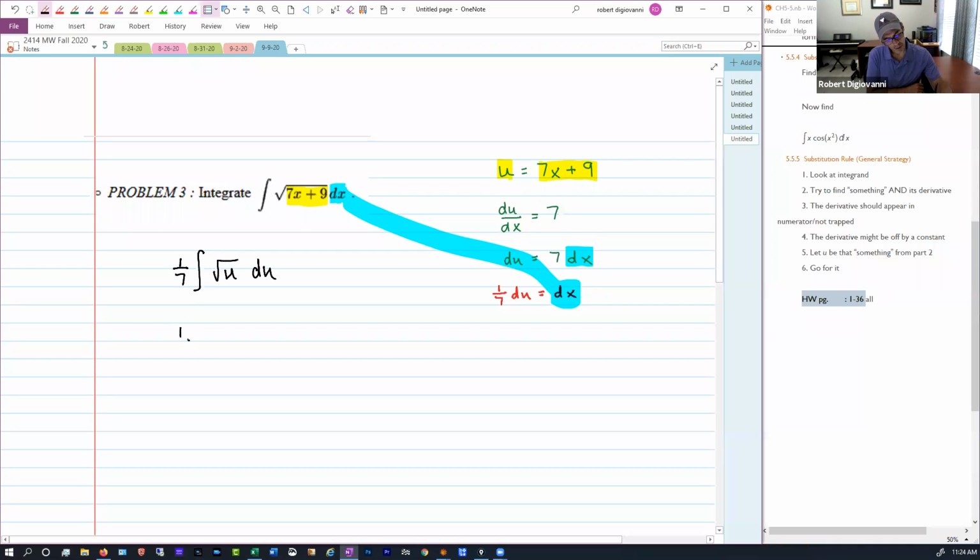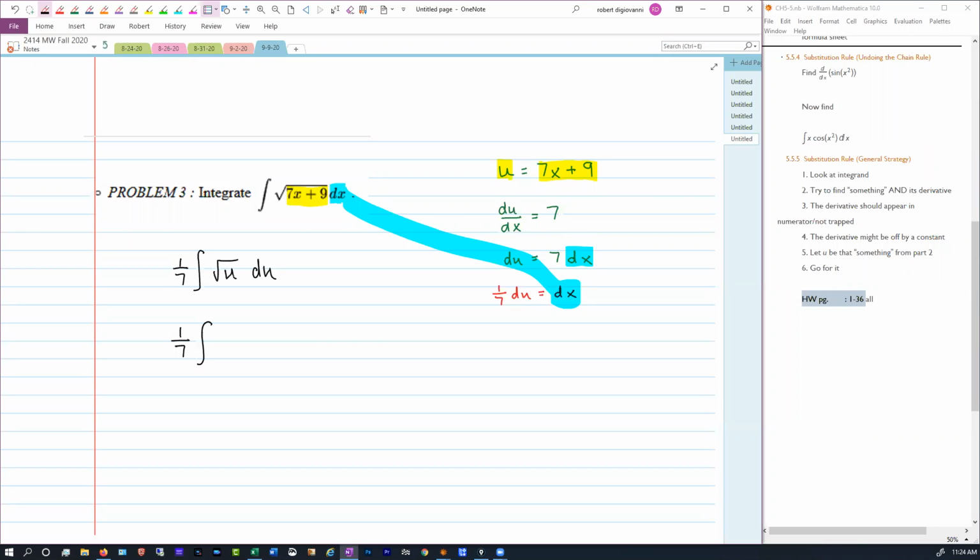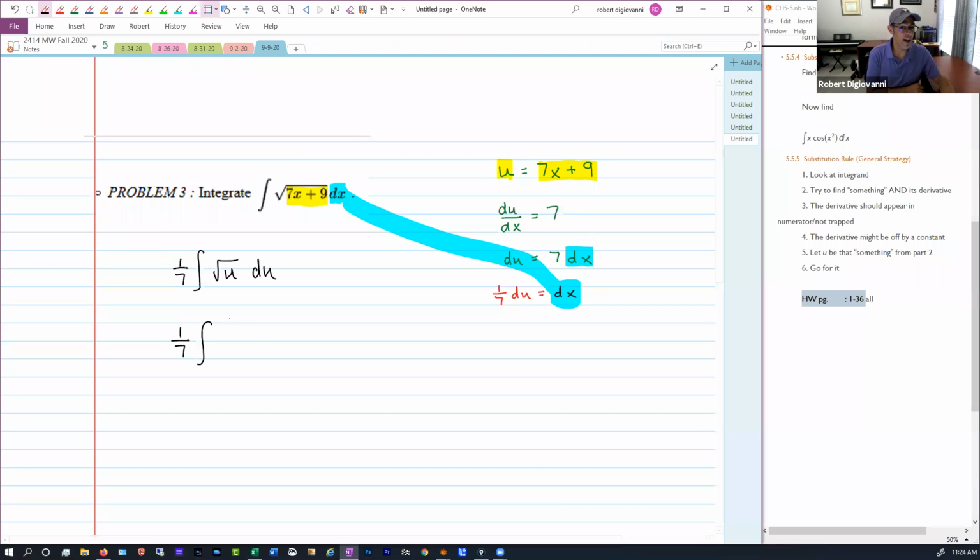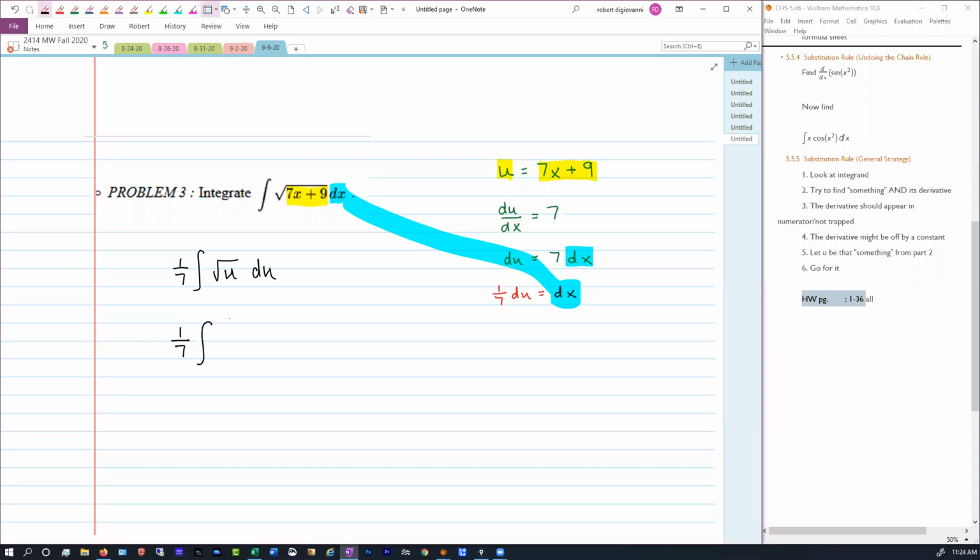And then you said that this would be an easy antiderivative. How are you going to do the antiderivative of square root of u? So we could do it one of two ways, because I know at least on one of your homework videos you put 1 over 2 square root of u as a derivative. Be careful, that's as a derivative. We want antiderivative. Well, what we could do here then is we can do the reverse power rule, where we